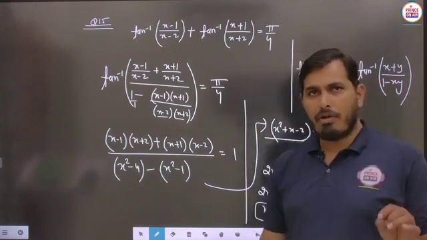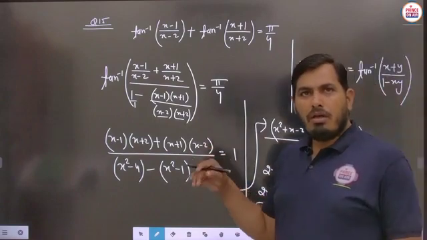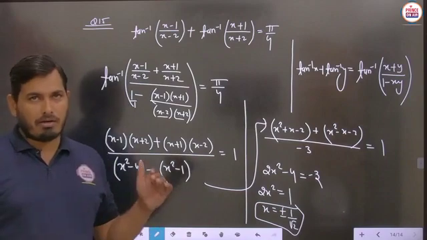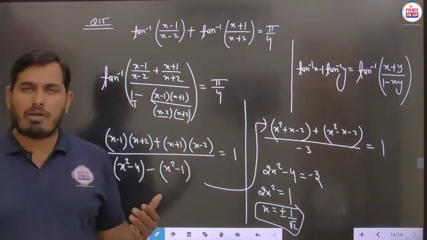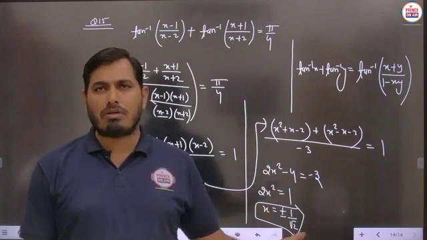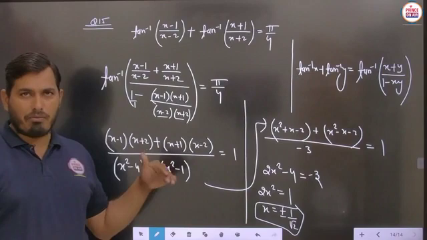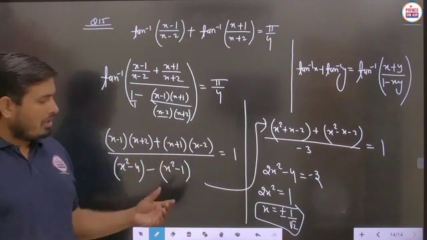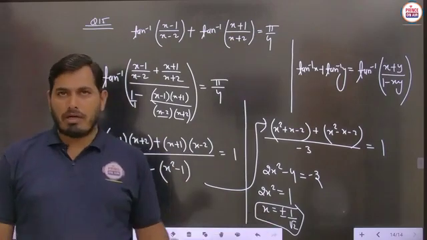And within the time limit, such type of calculation will improve your calculation speed as well as accuracy. If we are getting the answer the very first time, sometimes a calculation mistake happens. So we have to escape from the calculation mistake, and according to the process, if we write each and every step clearly, then definitely at last you will get the proper answer.